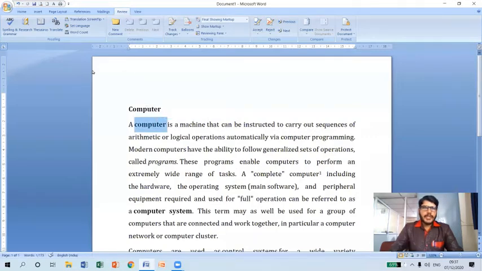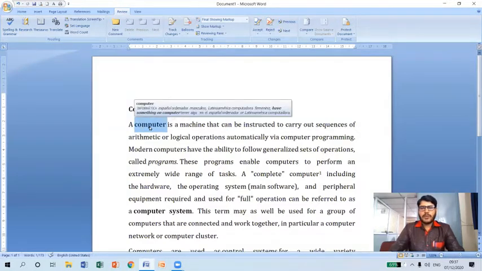So now let me explain the use of the research option here. After selecting a particular word, assume that I want to do research here.